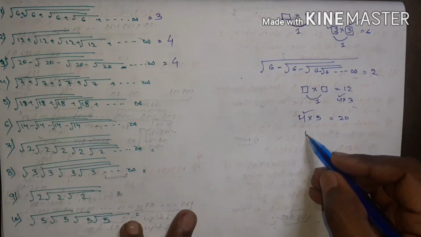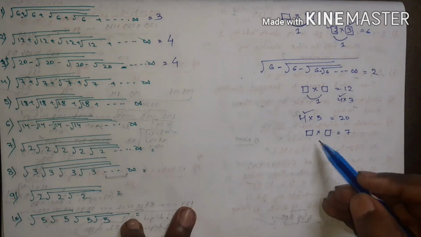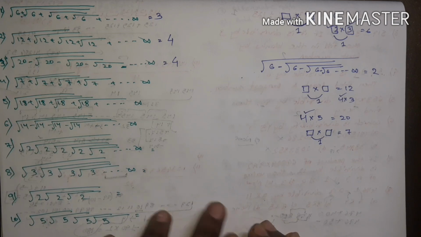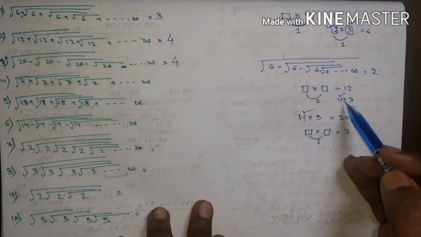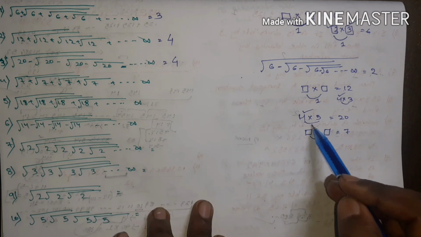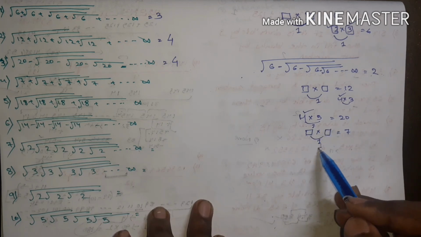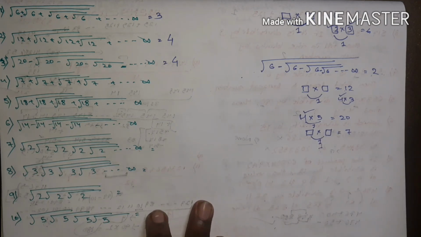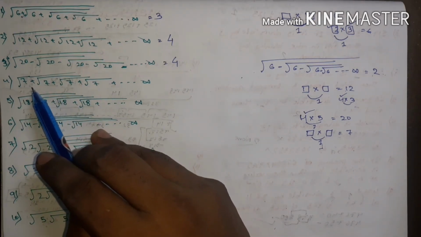7. हम इसे कभी भी सेपरेट नहीं कर पाएंगे जिसका अंतर 1 होगा. समझा या नहीं? 6, 2 into 3, 6, इसका अंतर 1 है. 4 into 3, 12, इसका अंतर 1 है. 4 into 5, 20, इसका भी अंतर 1 है. बट ऐसा किसी भी संख्या नहीं है जिसका अंतर 1 होगा और उनका मल्टीप्लाई 7 होगा. ऐसे है क्या? नहीं है. तो क्या करेंगे? प्लस, addition sign is given.